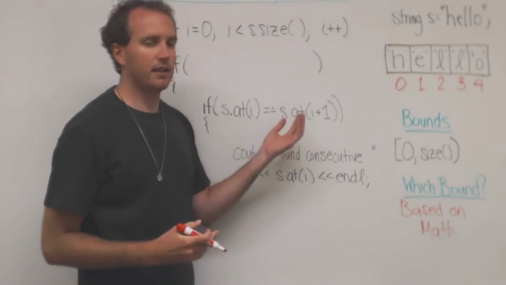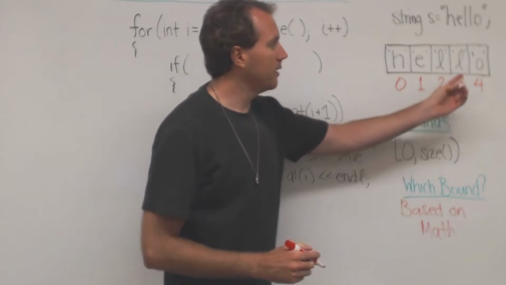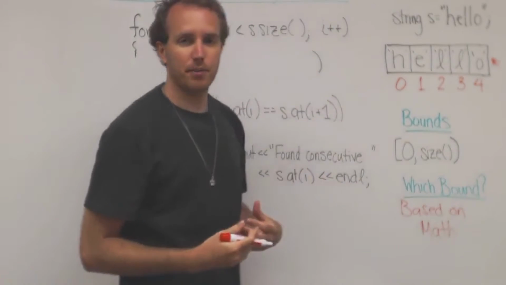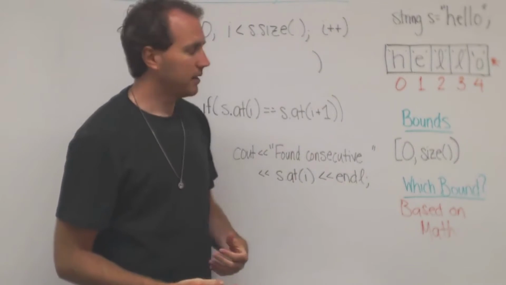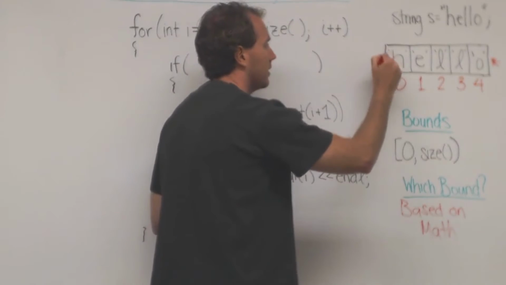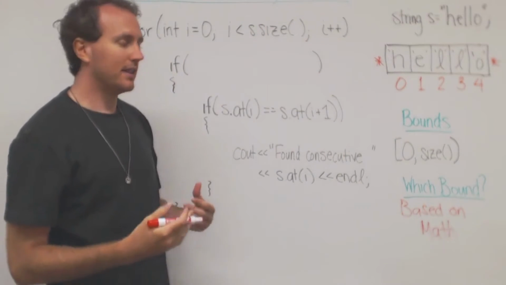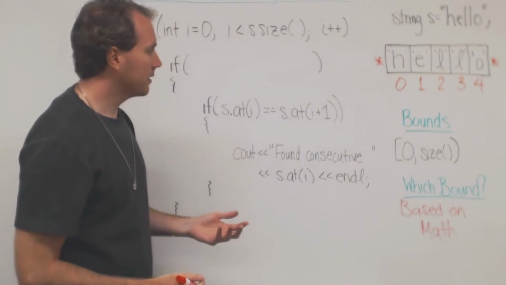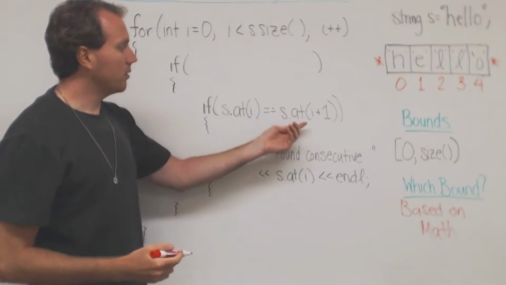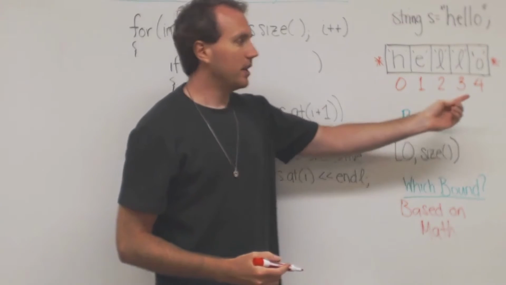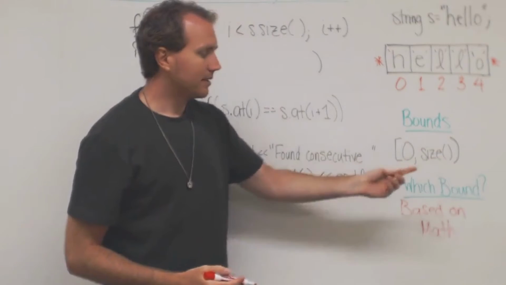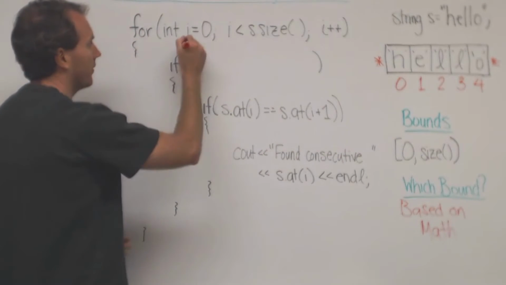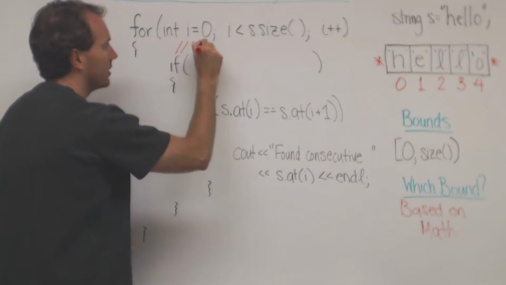Alright, so if we add, like in this case, we're going to the right, which means the bound where we might go out of bounds is the end. If we subtract, we might go out of bounds at the beginning. Right? So we have our bounds here, 0 and size, and we say, okay, what are we doing? We're adding, so we have to look at the end bound, size, which is not included, which is why we have the parentheses. So the first thing we have to do is protect